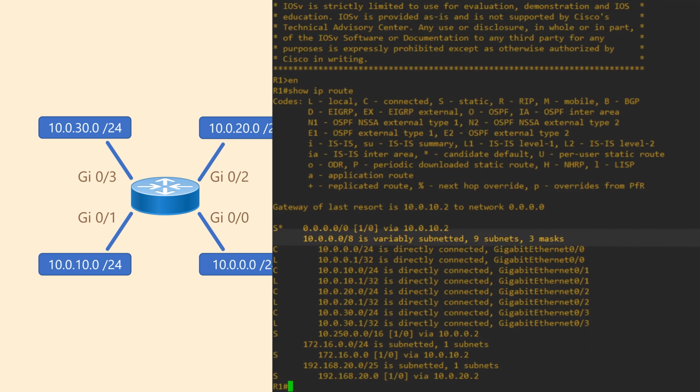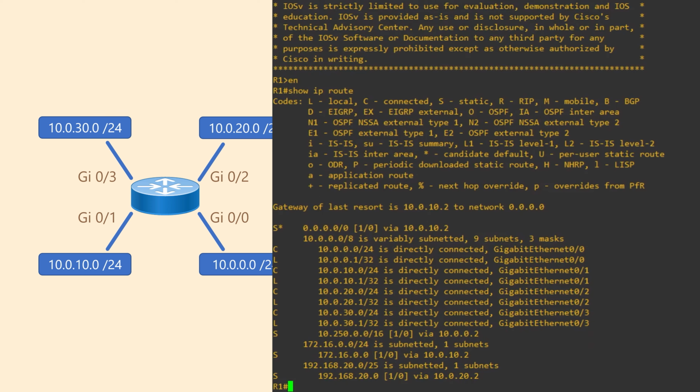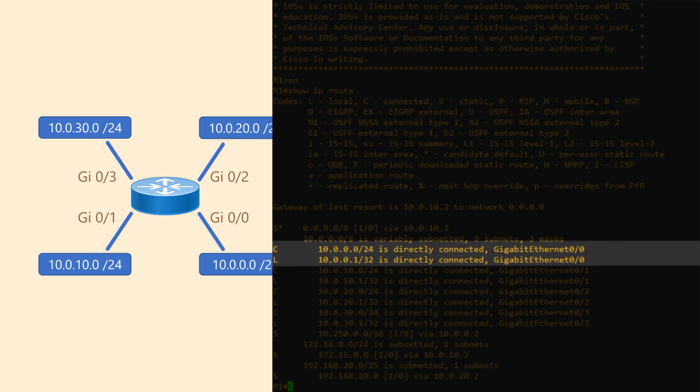10.0.0.0/8 is the main network, and the networks listed beneath are subnetworks, or subnets. These are the actual routes we're interested in. To be honest, I never look at the summary headings. I'm only ever interested in the subnet routes. Most of our routes have either an L or a C next to them. These mean local and connected.